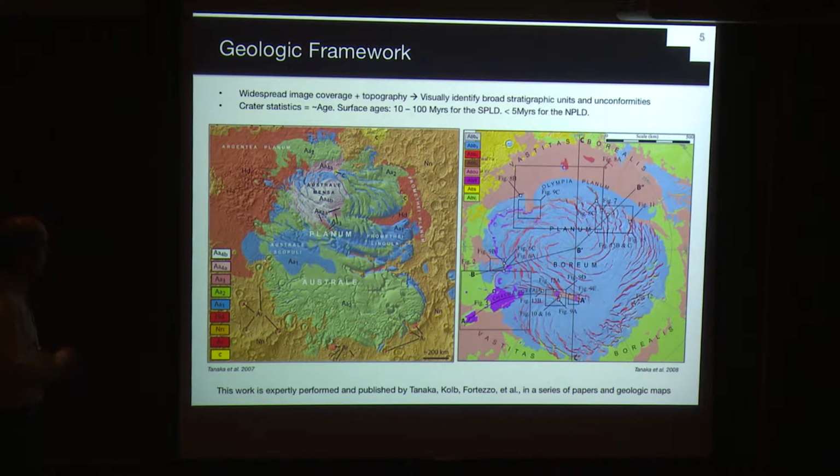And as far as the polar layered deposits themselves, in the SPLD, we're going to be looking at these units here from AA1 all the way up to AA4b, which is the South Polar Residual Cap that Shane showed detailed pictures of with the nice pits and everything. And in the North Pole, we're looking at these 3 units. So these 2 are the basal unit that Shane discussed, and these 3 are the polar layer deposits themselves. This is the North Polar Residual Cap.